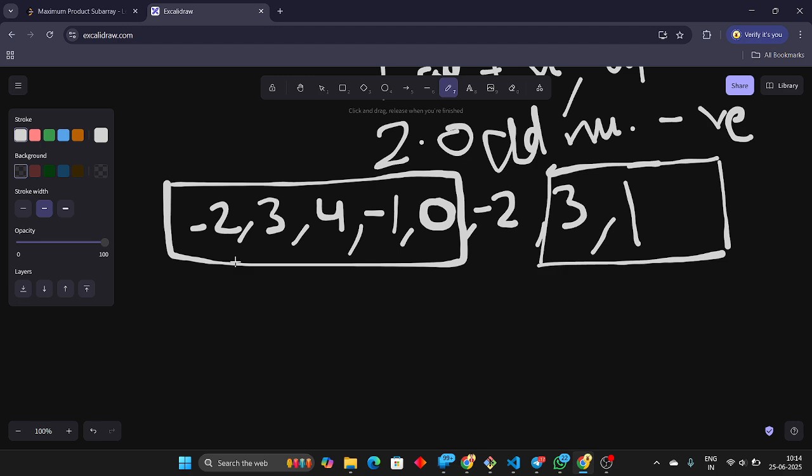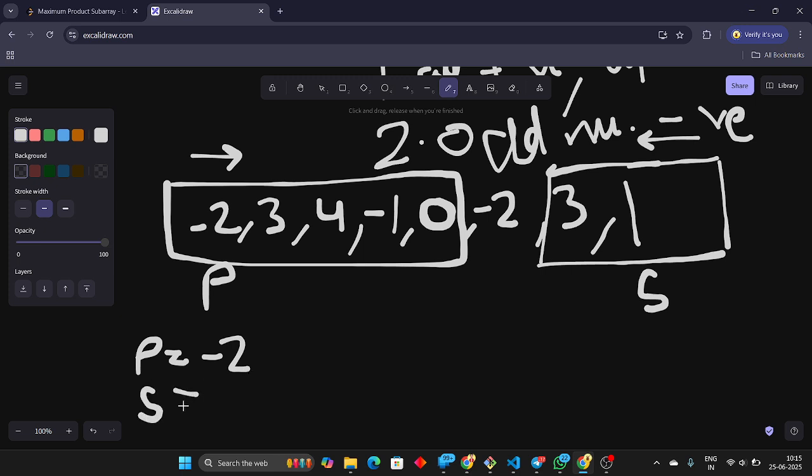So how to implement this problem? Basically, we will take a prefix product and a suffix product and run from here and here. At the start, the prefix will be -2 and the suffix will be 1. So we will keep taking the maximum of these two and then we will move further,